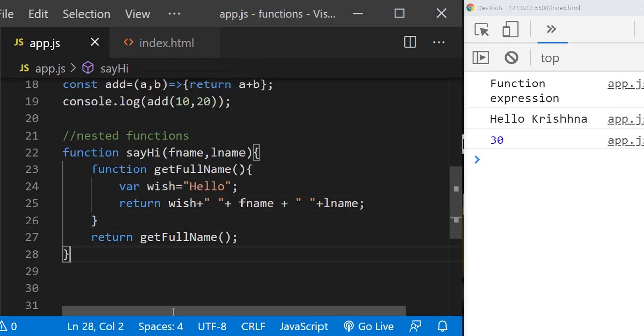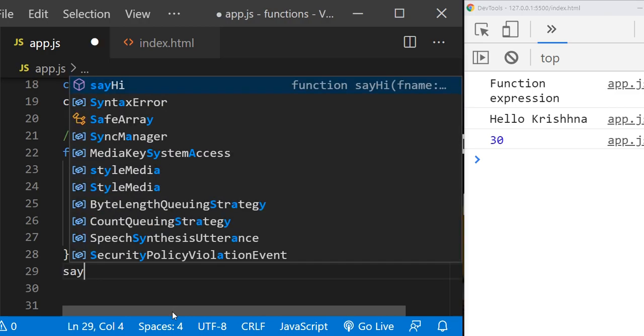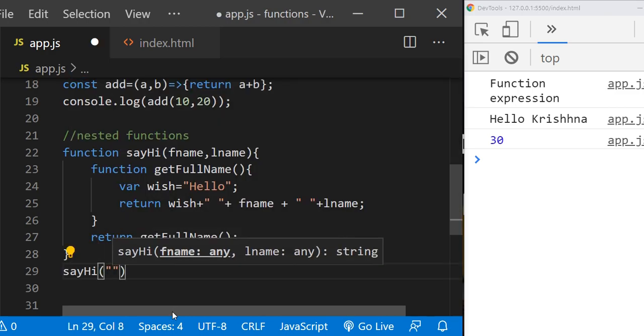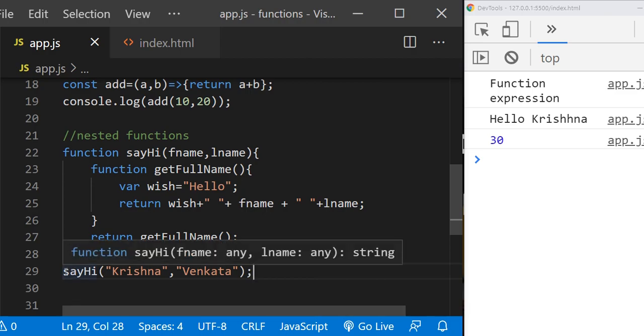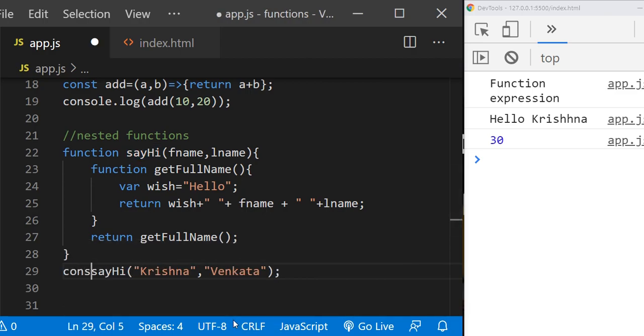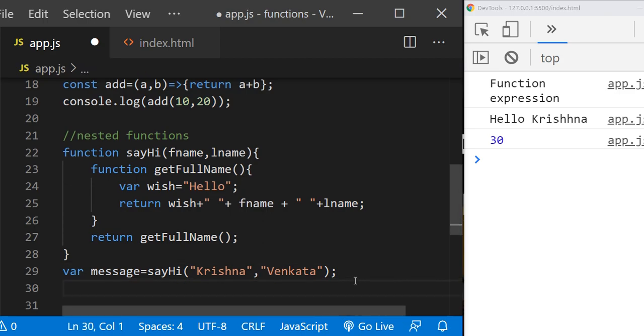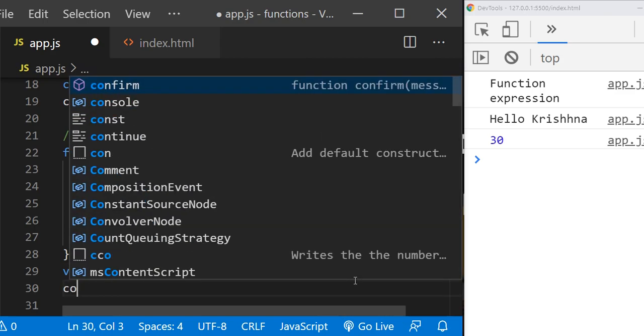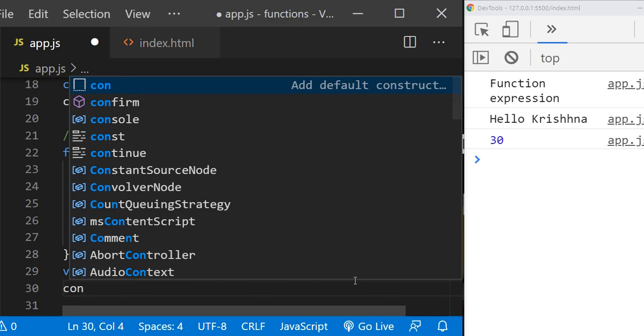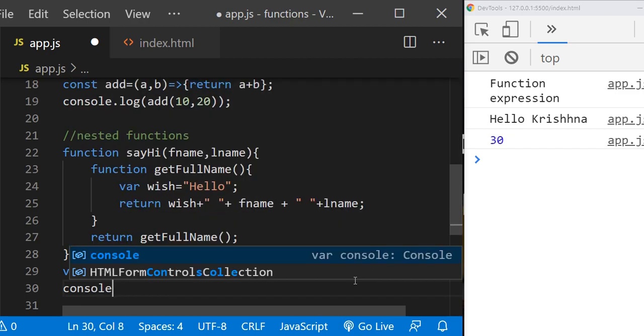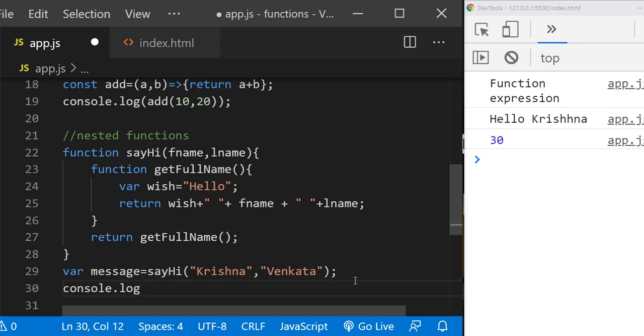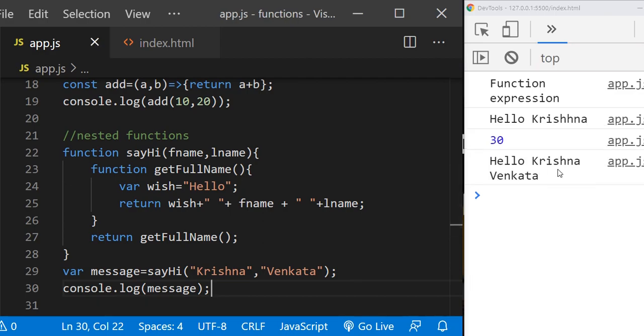So now if we call sayHi, as I told you, if you want to print it, you can call it in the console log itself, or I'll write message equal to sayHi, to make it even clearer for people who are new to functions. See now, hello Venkat, hello Krishna Venkata.